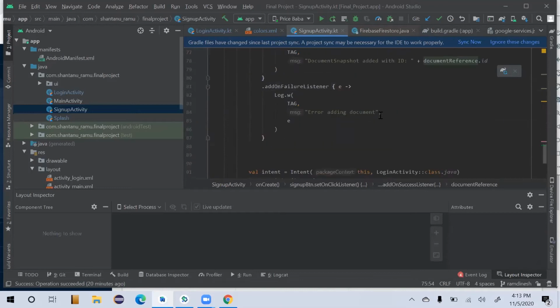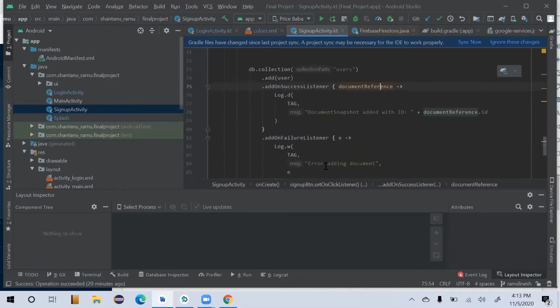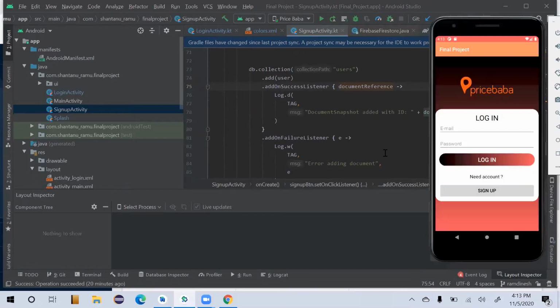Here I wrote a couple of lines of code for the sign up, but it is not working. I'll check and update it on GitHub. Now I can provide any dummy details for the login, because it is not validating in the backend.